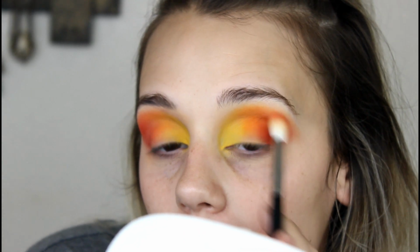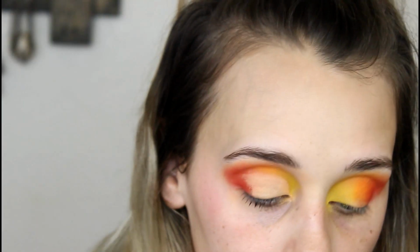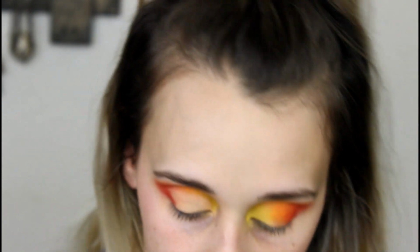I know that true reds that have no brown in them are going to be more difficult to formulate. Okay, I'm using eyeshadow base to cut the crease. Purple into like a blue. No, I need to do the blue into purple because, oh yeah, that's not gonna be cute. Okay,